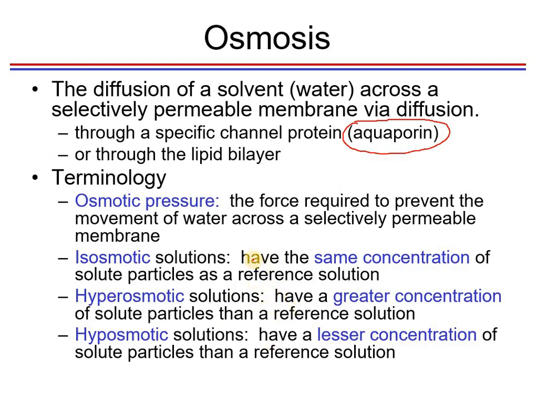Ito yung mga nangyayari guys sa ating dugo. Yung condition ng ating dugo. Every time na merong abnormalities na nangyayari sa levels ng blood sugar, for example, or sodium or salt sa ating blood, nakaka-apekto siya sa functioning ng ating mga organs at siyempre cells, no? So yung osmosis guys, yung movement ng water ay hindi lang siya nakadepende sa concentration gradient, kundi nakadepende siya sa osmotic pressure. So instead of concentration gradient, here in osmosis, water molecules move from area of higher osmotic pressure going to area of lower osmotic pressure.